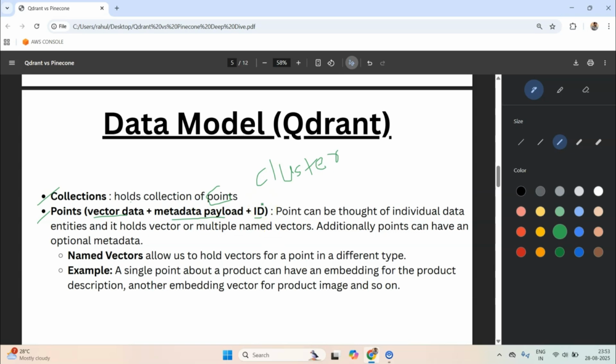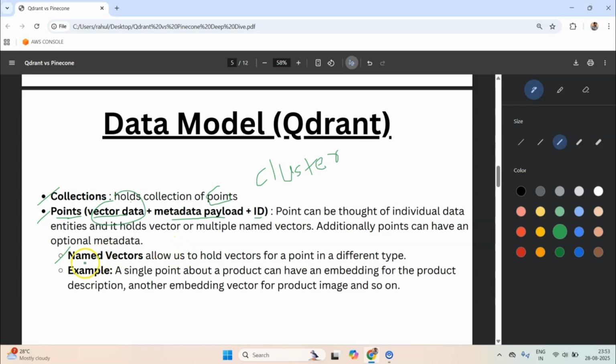Now one nice and, I feel, really interesting feature that the data model of Qdrant provides is the notion of named vectors. Named vectors allow you to store multiple vector data, not just one vector embedding but multiple vector embeddings for the same entity. I just took the example of product, right? Product might have a product description and also a product image. So the product image can have its own embedding. In that case, we can create one point, and within the vector data we can store two named vectors, one for description and one for image, and both of them can be used to make queries, and that is a really powerful feature of Qdrant.